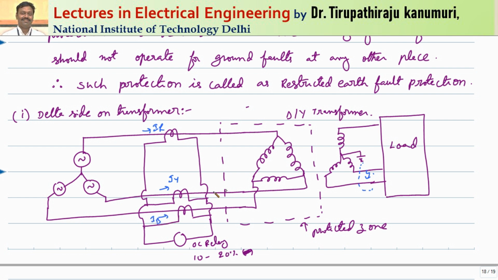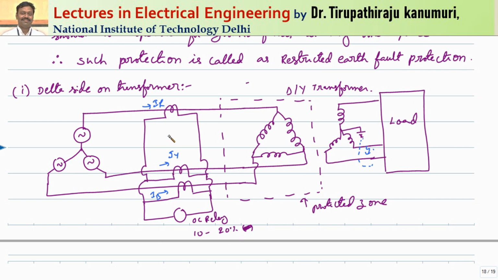So we know that any fault will have three components: the positive sequence, negative sequence, and the zero sequence component. Because positive sequence components are displaced by 120 degrees, at any instant the sum of all three currents passing through this relay will be equal to 0. Agree with me? Similar is the case for the negative sequence component. Negative sequence current also will sum to 0 because they are also displaced by 120 degrees.